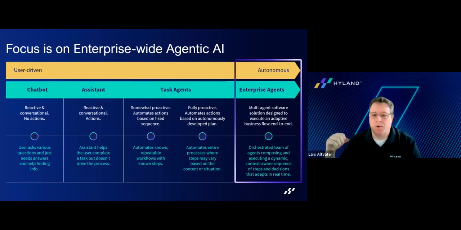That's the future state that we're looking to do, where you have multi-agent software solutions that are designed to execute a business flow really from end to end. That can be like an orchestrated team of agents composing an executed dynamic context-aware sequence of steps and decisions that adapt in real time. But where we are right now is this step in the middle here.